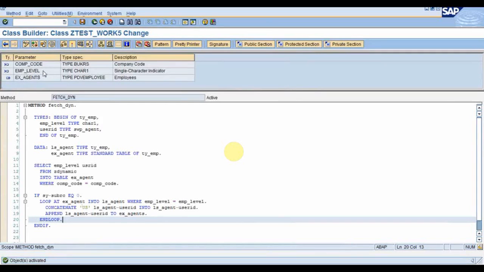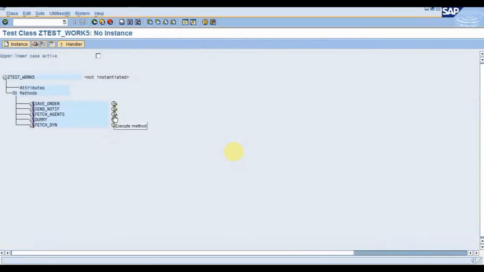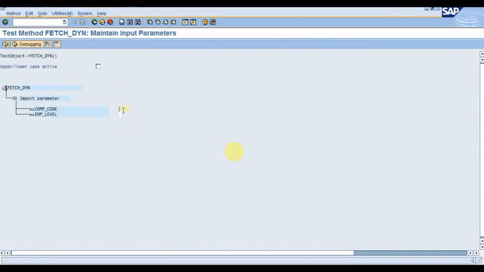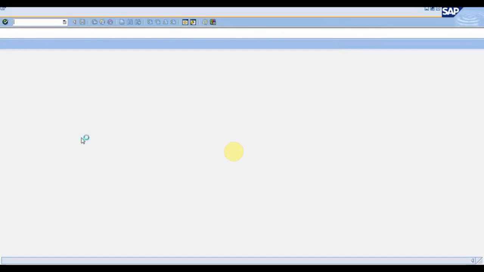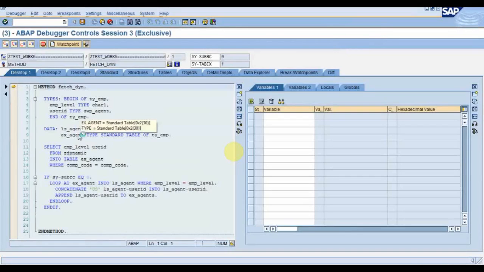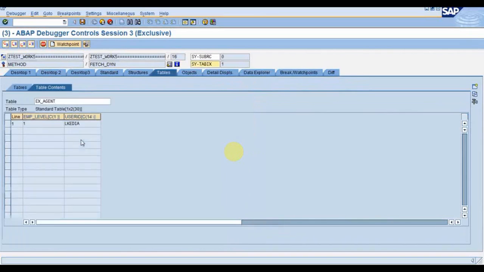I'm just passing level as 1 from the outside workflow to this method, and company code as 9000. So what will happen? Let us test what it's actually returning. Give 9000 and level as 1. Now debug. Let's see what it's returning.